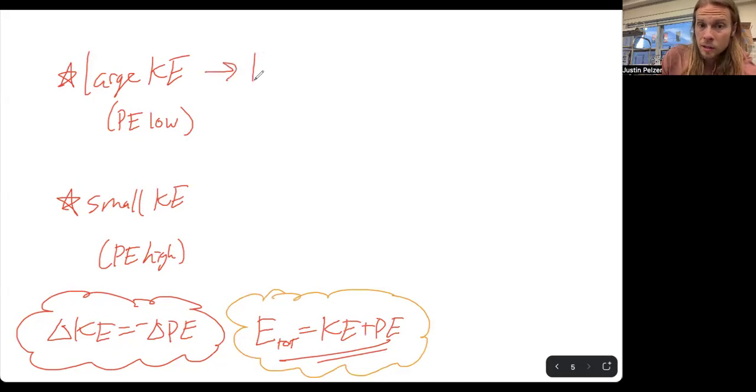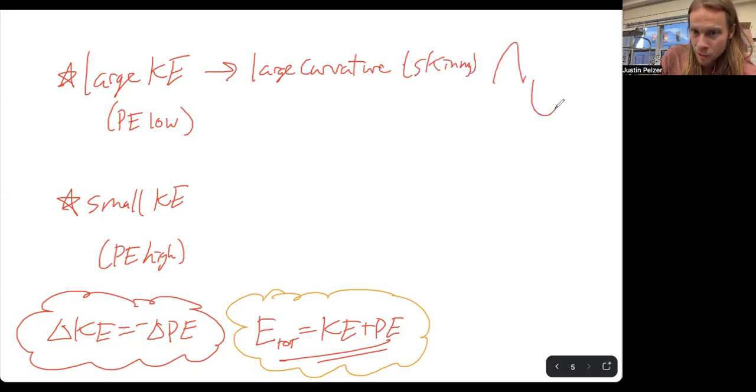Large kinetic energy means large curvature. What is curvature? Curvature is how fast it bends. So like tight, skinny, like this, or like this, or like this, or like this. It's going to be one of those four shapes, right? In fact, I can draw this one a little tighter,